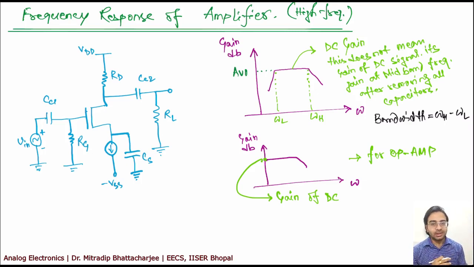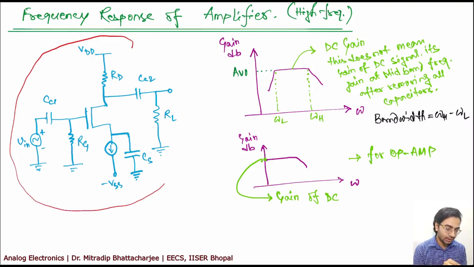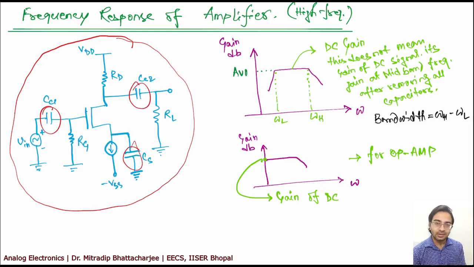So today we will see the frequency response of an amplifier for the high frequency zone. Again, we will start with the circuit which is shown here, wherein these capacitances can be treated as short circuits, because they are chosen in that way so that for AC signal analysis we can at least treat them as short circuits. Before I start, I would like to give you some idea about different terminologies that I'm going to use.